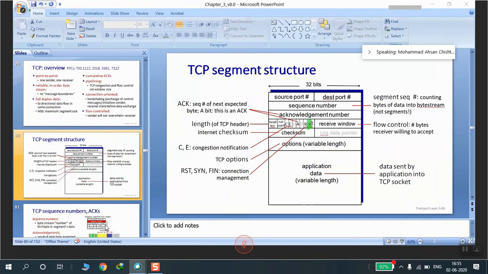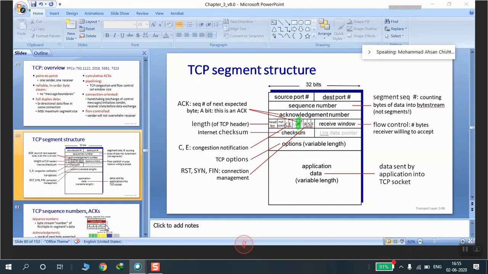Likewise, we have acknowledgement here. And what is this? Acknowledgement number.